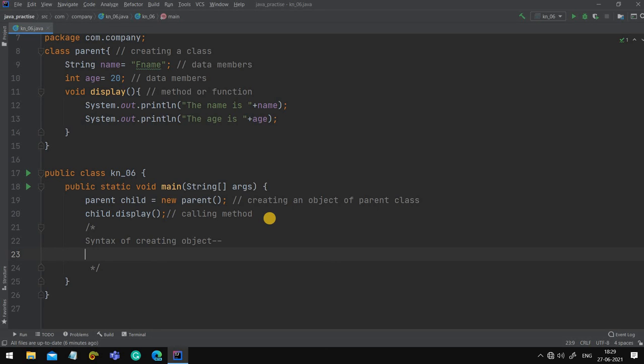How to create the object. First of all, write the class name, whatever is the name of your class, then write the object name, whatever name you want to give to your object, then write new, then again write your class name.